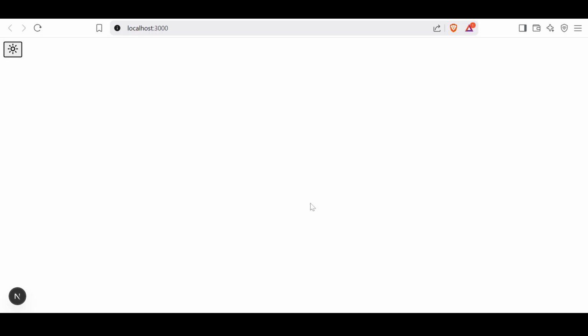This project has been done using Next.js. It's a very simple project that you can implement in your application. So this is a theme toggle project. I'll be showing you the steps you can take to implement a theme toggle feature